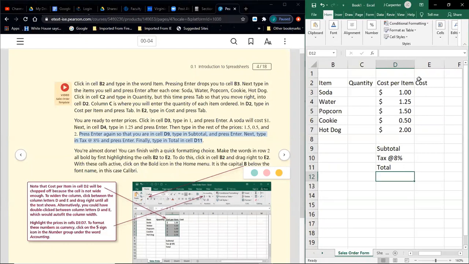So what does it look like the point of this is? We've got some store somewhere, or a little pop-up restaurant at a concert venue or something like that, where we're selling soda, water, popcorns, cookies, and hot dogs to people. And we're trying to figure out how many we sold in a day or a week or to one customer, something like that. And we're trying to keep a record of this. So we're going to end up typing how many of these things we sell. We want to have a total cost of the things we sell of each of these. So for instance, if we sold 5 sodas at $1 per, that would be a total cost before tax and